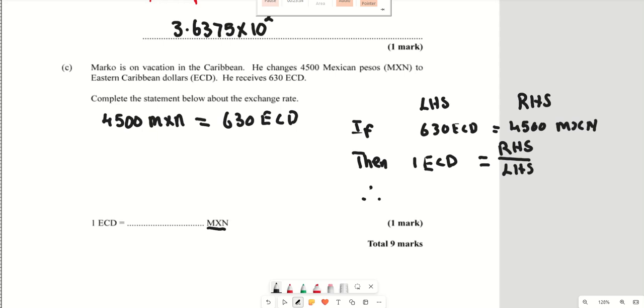You are looking at your if line. What is on your right-hand side in your if line? 4,500. And what is on your left-hand side in your if line? 630. So 1 ECD would be 4,500 over 630. That over line also means to divide. So 4,500 divided by 630. And you are going to get an answer of